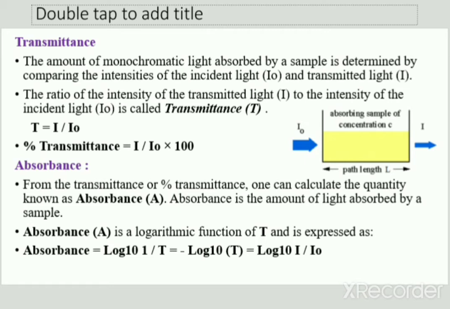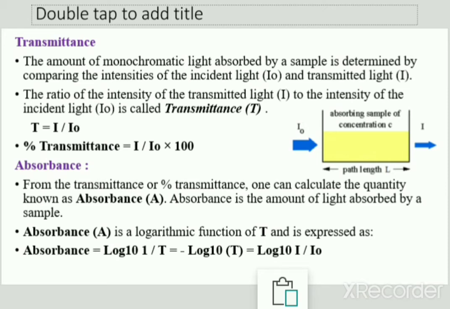Okay, आपण जसं लॅम्बर्ट्स लॉ मध्ये बघितलं की these two different things are totally independent of each other. Okay, so the main thing is there is a comparison between two different things, like intensity of that incident light, that is I0, and how much light is transmitted, that is I. So the ratio of the intensity of the transmitted light to the intensity of the incident light is called transmittance. So there is a ratio.